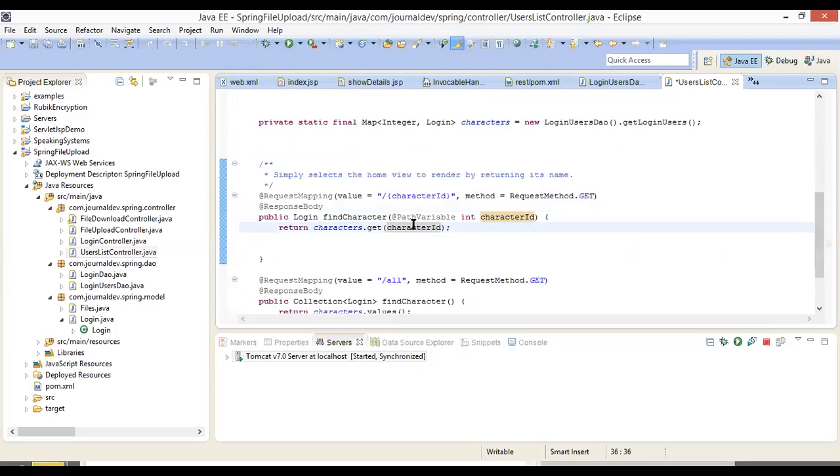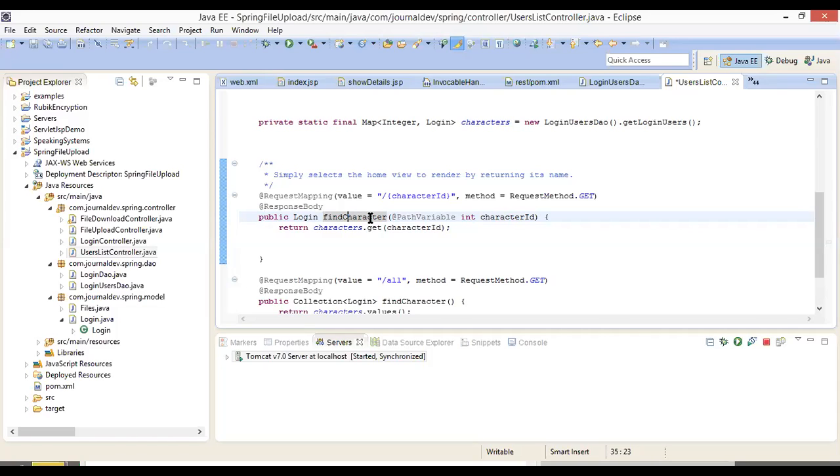Can anybody tell? Because what is the method here? findCharacter. What is the return type of this? Login. So Login would give what type of data? JSON. So that's why it is retrieving JSON data.